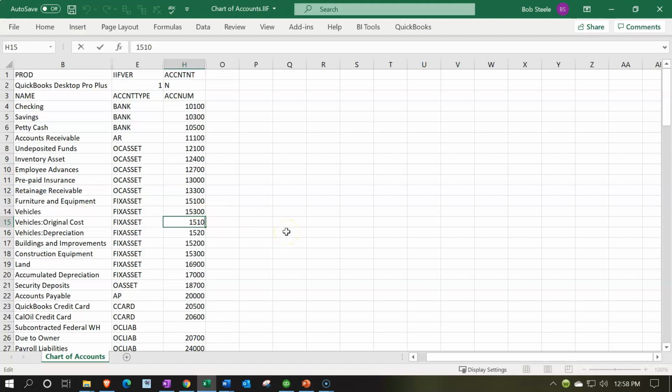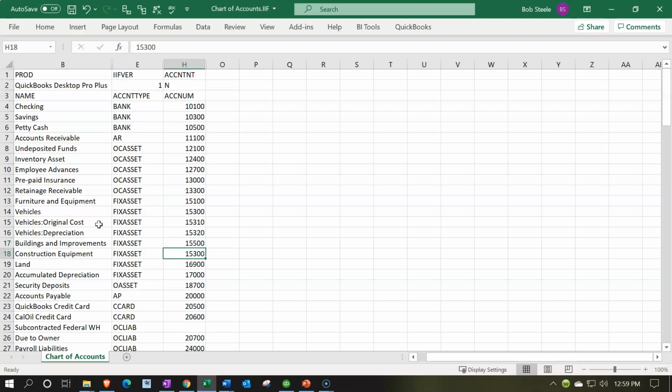So these, you might want to make, I would add 5 digits still, are 15.310 maybe, and that gives me a lot of room within the vehicles in case I want to break out vehicles. It gives me a little bit more room, 10 more accounts in there, and then I got 15.320, possibly something like that. And these are fairly close in line to this one, of course, because there's sub accounts given by the colon there. And then this one we might go up to like